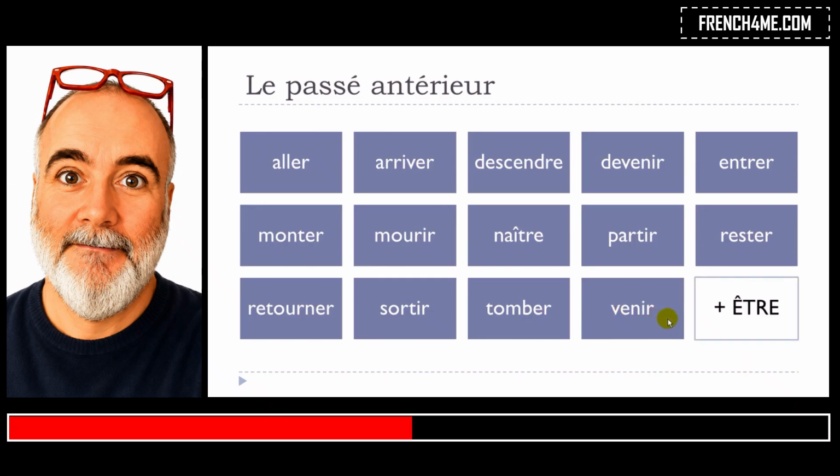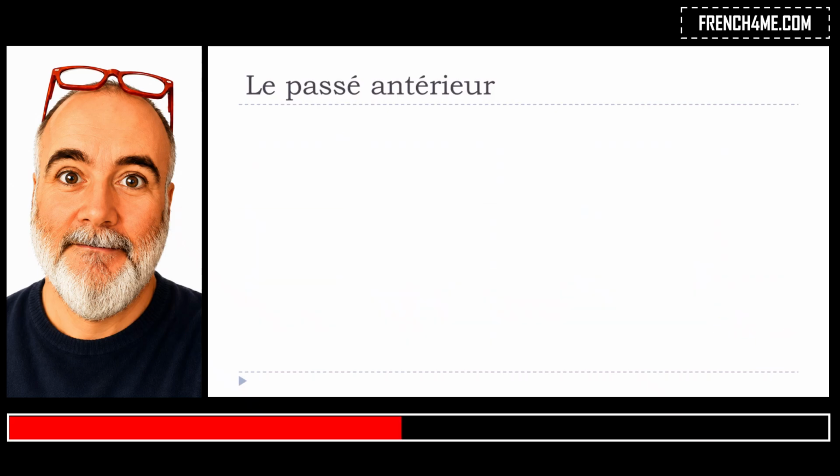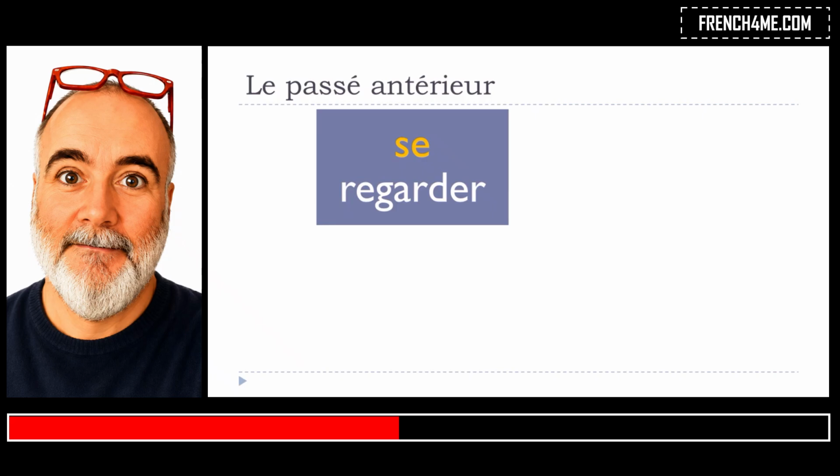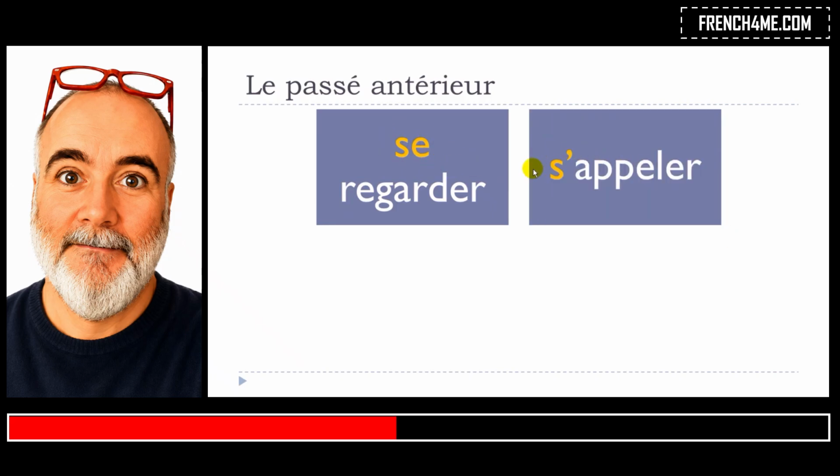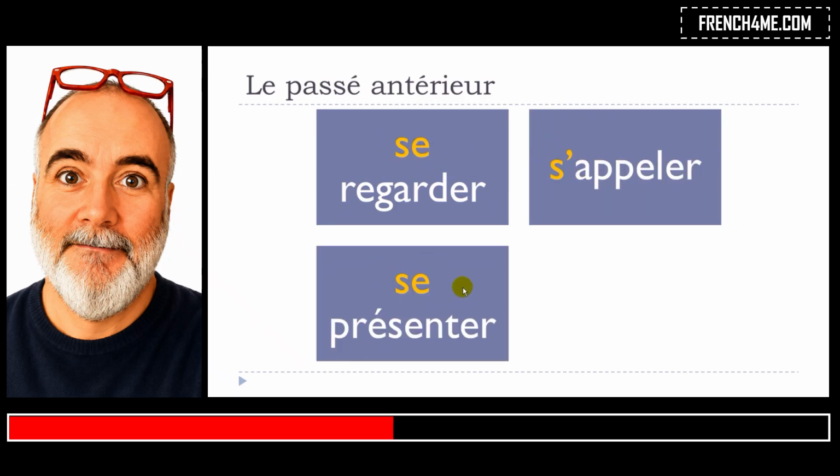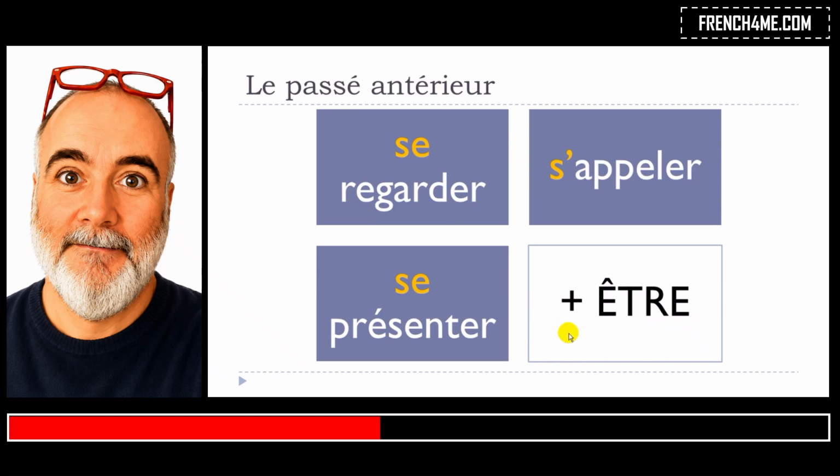So all these verbs will be conjugated at le passé antérieur, or more generally at all the compound tenses in French, with être. And then we've got the verbs like se regarder, s'appeler, se présenter. Okay, so to look at oneself, to call oneself, to present oneself. So these verbs are called les verbes pronominaux. And all les verbes pronominaux will as well require être at le passé antérieur, or more generally at all the